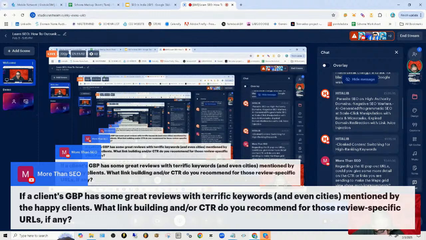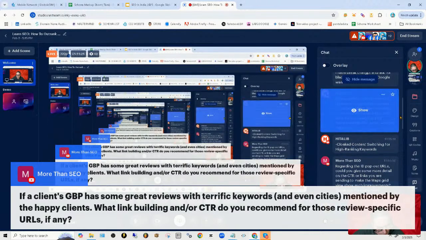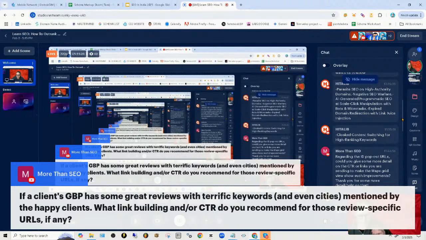ID pop-out URLs. Could you give some more detail or links you're sending to make map grid view show such improvements? Okay, now note, it's no one thing that ever shows the improvements. It's a series of optimizations and time that shows improvement, all right?